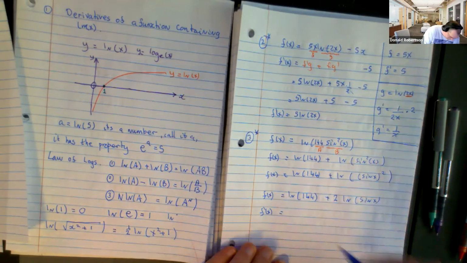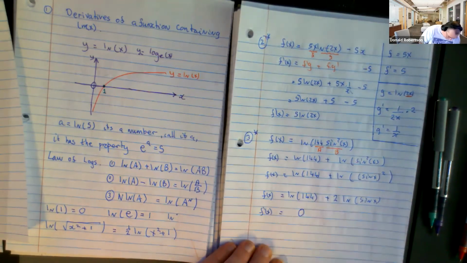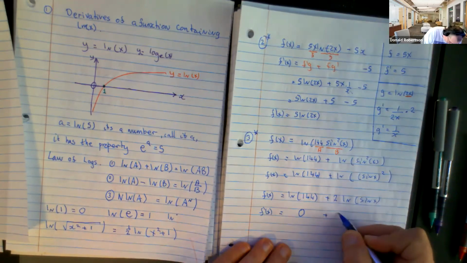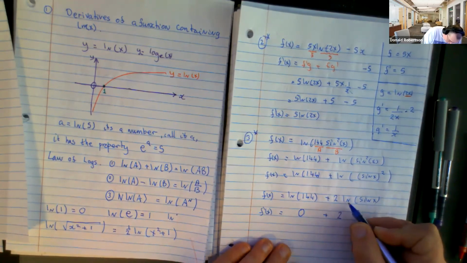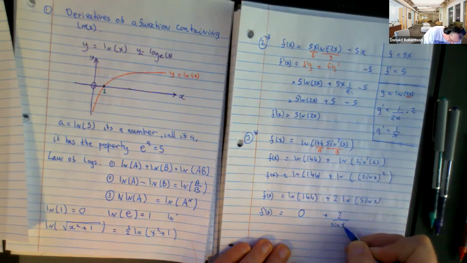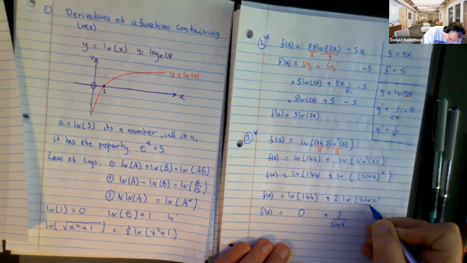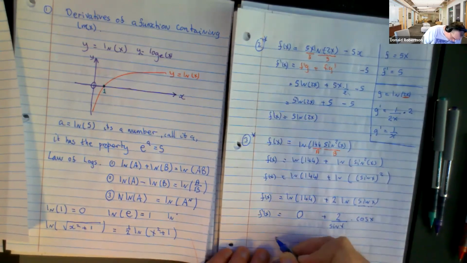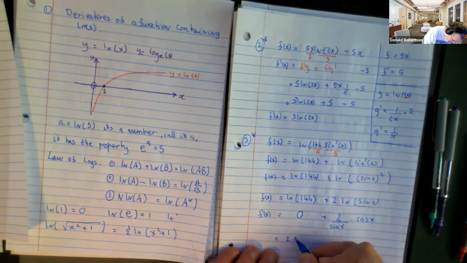So that guy's 0. Probably normally I wouldn't write 0, but this time I would. Now this is 2 times the natural log of sine x. So 2 times: if you want to differentiate the natural log of sine x, you get 1 over sine x times the derivative of the inside function, which is cosine x. So we are now looking at